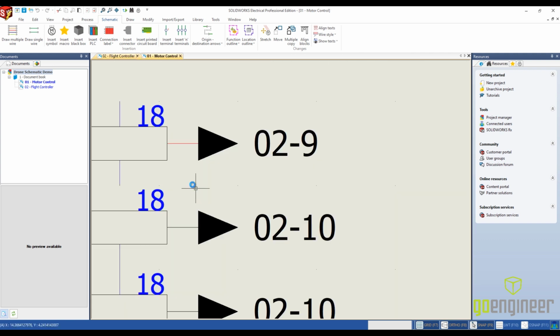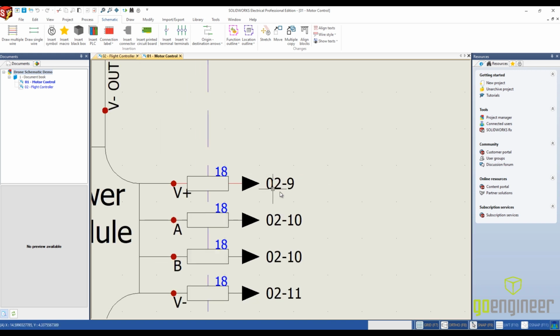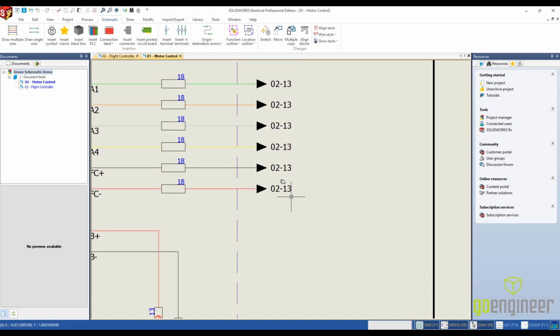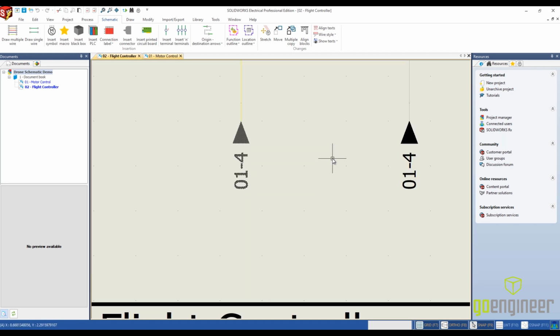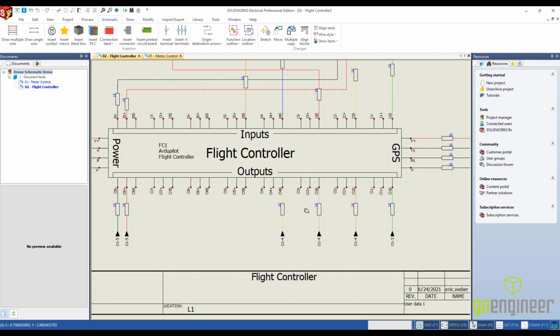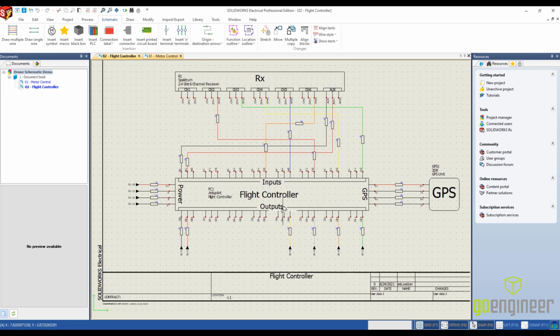And when I do that, notice it actually brings me over to sheet 1 and zooms me in on that exact location. If I go here and say go to destination arrow, it will zoom me into the yellow wire where that's connected. Okay, so you see that those are smart arrows and allow us to navigate